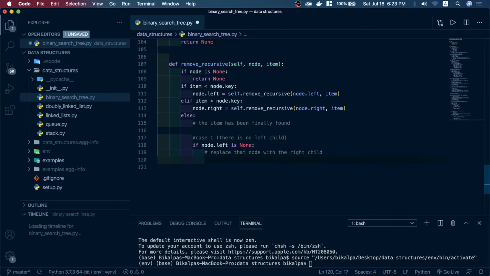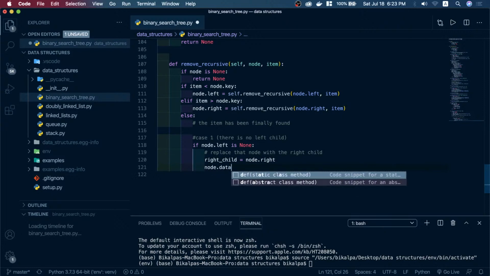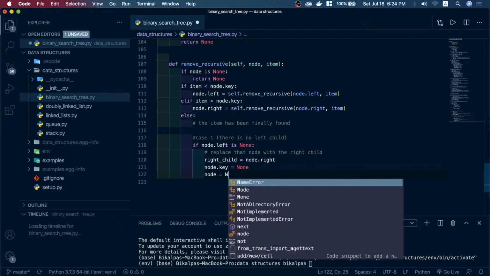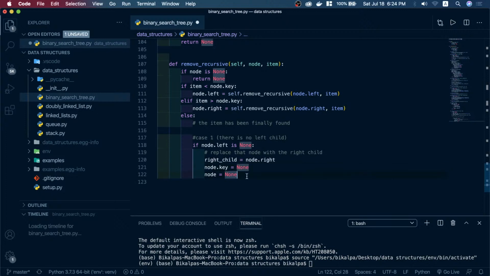So I will store the right child in a new variable, and then I will say node dot key equals none. I am just trying to remove this node, so I am assigning its key as none. And then I will also say node equals none. I am basically assigning this particular node to be none because I am trying to delete it, right? And then I return